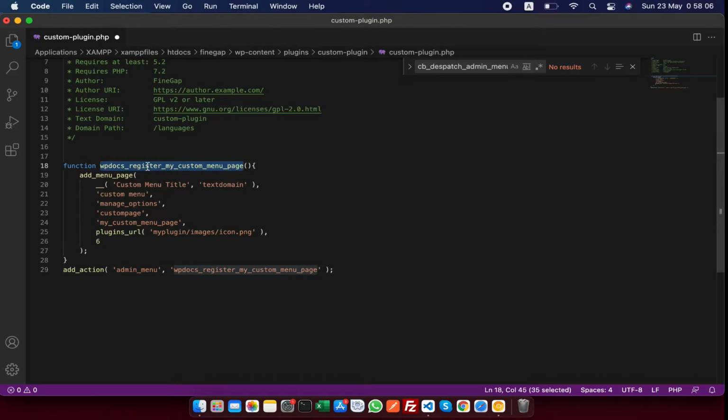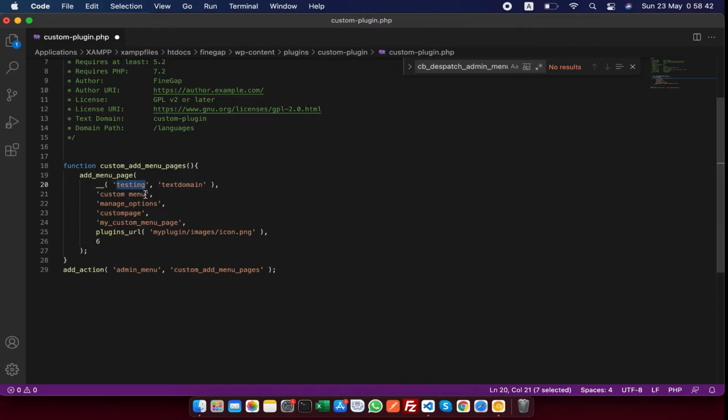First of all, change the function's name. Custom add menu pages. Copy and paste. admin_menu is the WordPress default hook for adding admin menus. Change it also. Change it to testing.